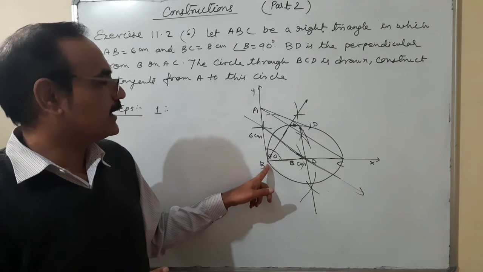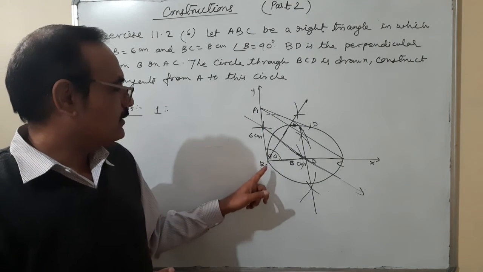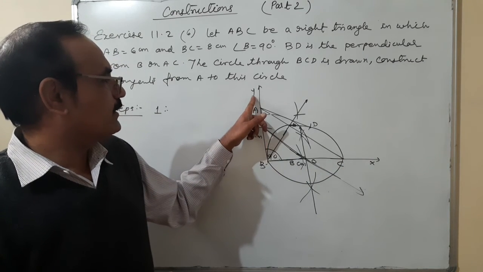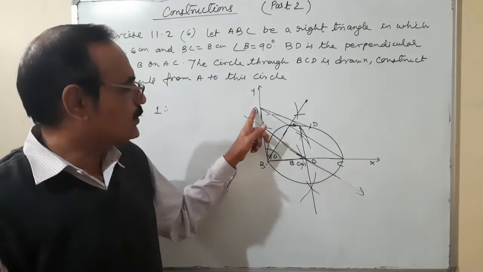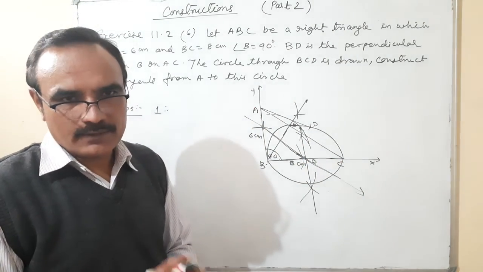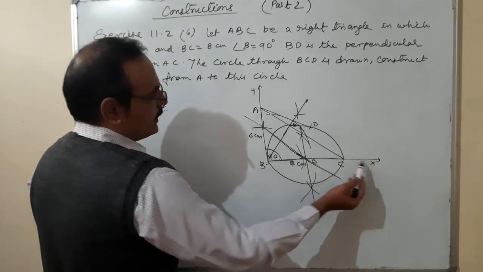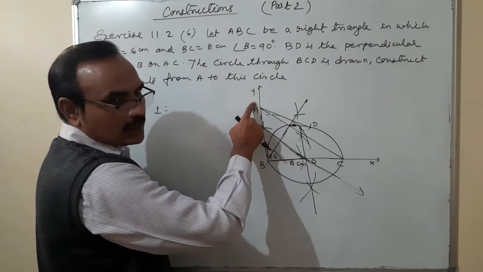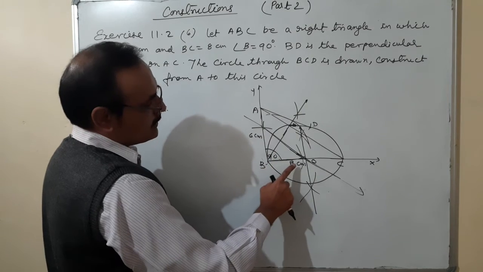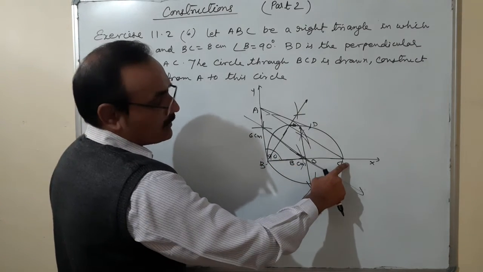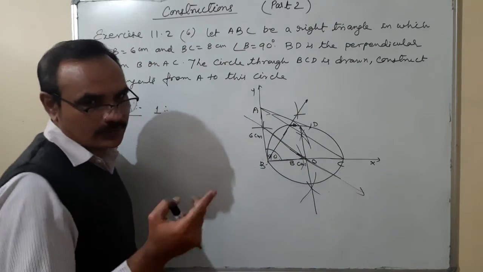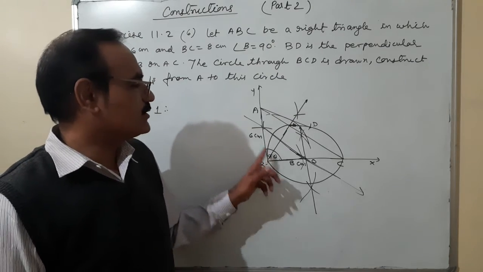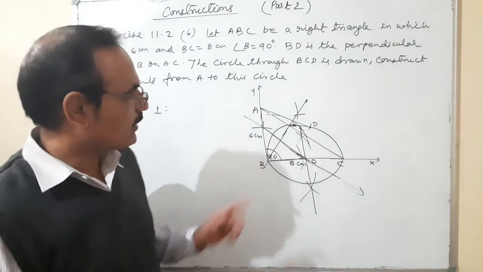With B as a center, taking radius of 6 centimeter, cut an arc, and 8 centimeter, cut another arc at Y and X respectively, and join A to C. What should be done? Draw an angle XBY equal to 90 degrees. With B as center, taking radius of 6 centimeter, cut an arc, let A. With B as center, 8 centimeter radius, cut another arc at point C, join A to C. You can write like this also. This is the required triangle ABC, in which angle B is equal to 90, AB is equal to 6 and BC is equal to 8.